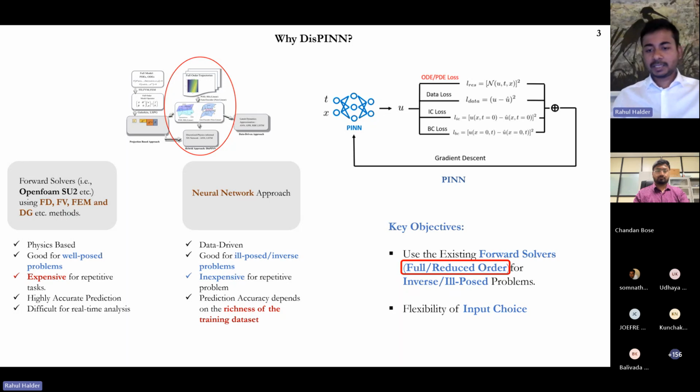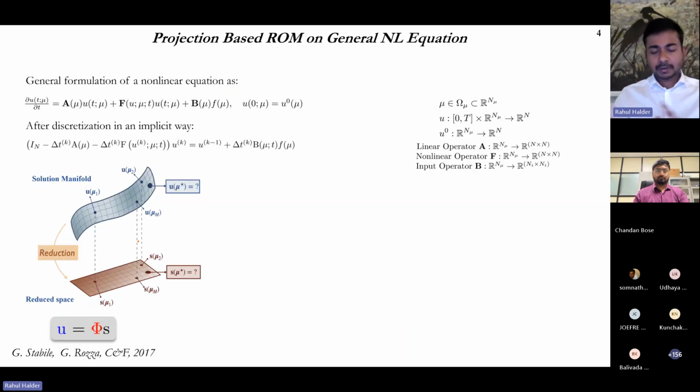So let's look at what the full and reduced order are. I will quickly go through these two slides just to give a brief introduction. Any kind of nonlinear governing equation, you can discretize in any of your favorite implicit or explicit ways. You can use any kind of time discretization. And then in a typical CFD simulation or typical forward solver, you march in time. But usually it takes longer given the degrees of freedom of your variable. But if you want to project them on a reduced space,